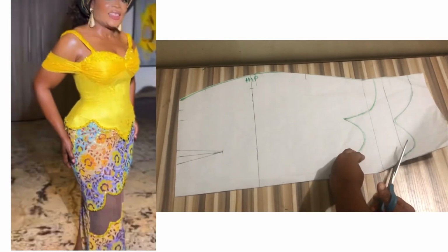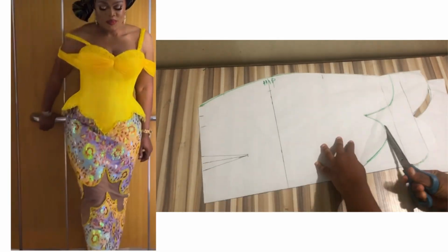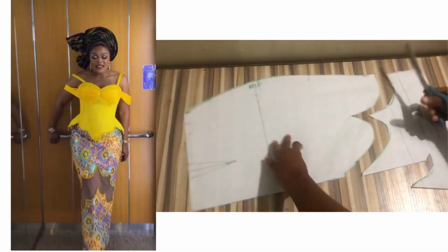In today's requested tutorial, I'll be sharing a detailed explanation of how to cut this asymmetry skirt and also how